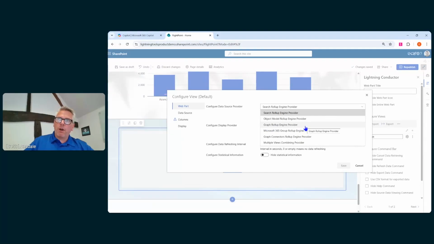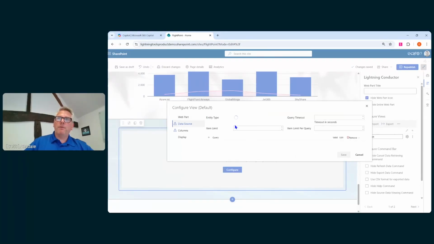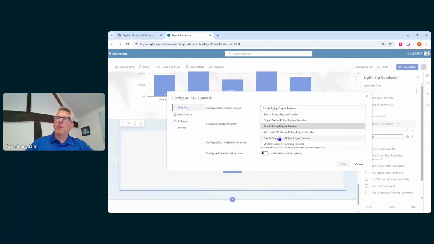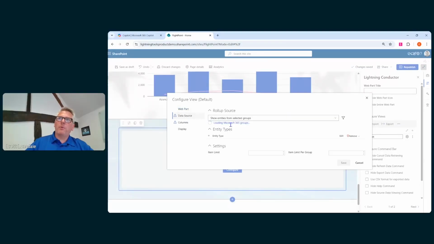You've also got the graph rollup provider, which gives you the ability to, if you just have a look at the data source, aggregate from all sorts of different apps within inside of Microsoft 365. So it could be things like calendar events or OneDrive items. It can be groups and people, it could be messages, etc. So everything that you can get to pretty much from Microsoft Graph, we can query. And then you've also got external graph rollup providers as well, which if we jump onto that data source for a moment,